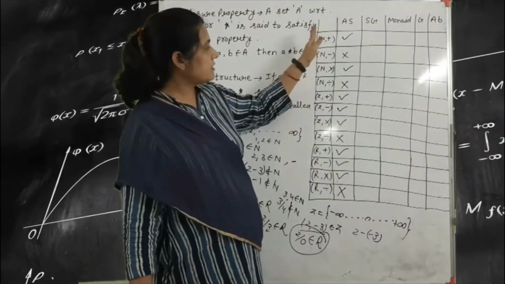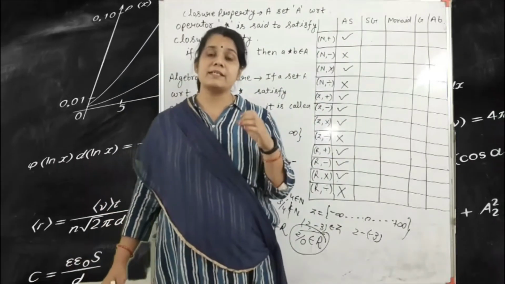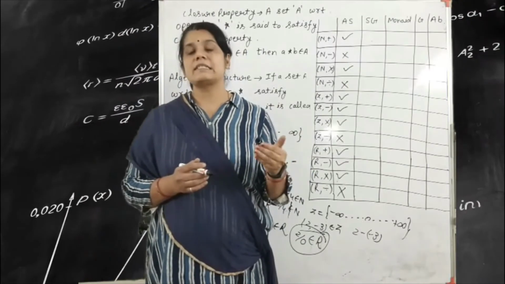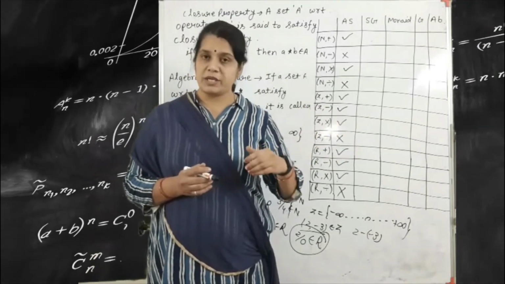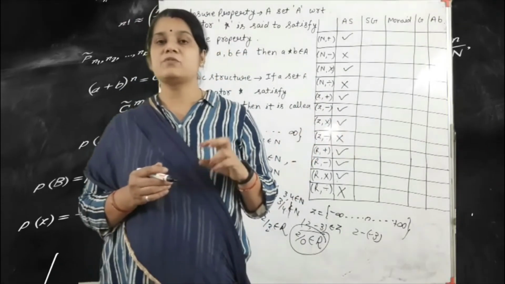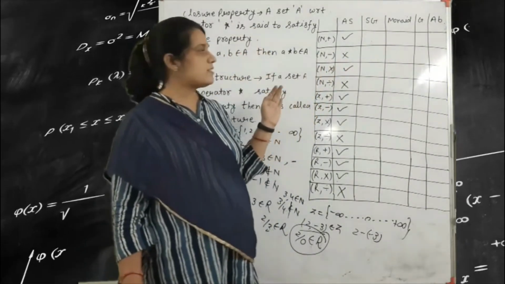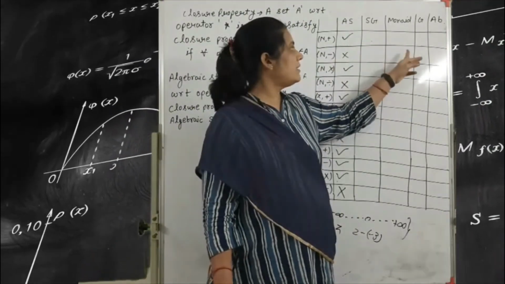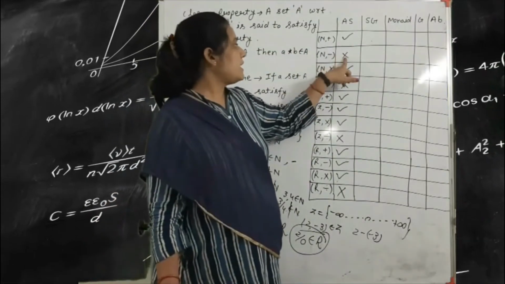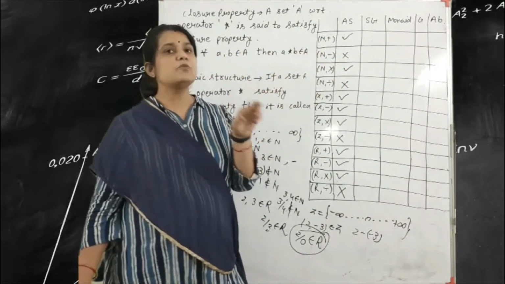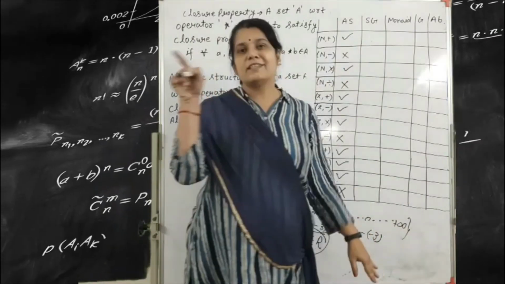Okay, so first we find out, for the different types of sets and operators, whether they satisfy the closure property or not. If the set and the operator satisfy the closure property, then we can say that this is an algebraic structure. And in case the set and the operator do not satisfy the closure property, that means this is not an algebraic structure. So if the algebraic structure is not satisfied, then semigroup, monoid, group and abelian group are not satisfied, because first, if the algebraic structure is satisfied, then you move to the second point, semigroup, and if this is not satisfied, you write a cross sign here.